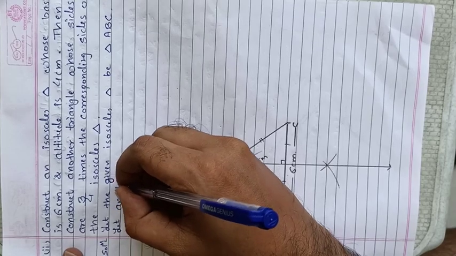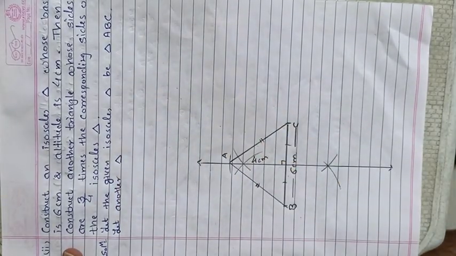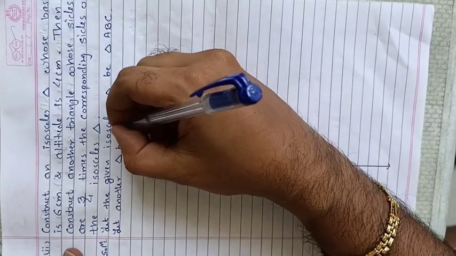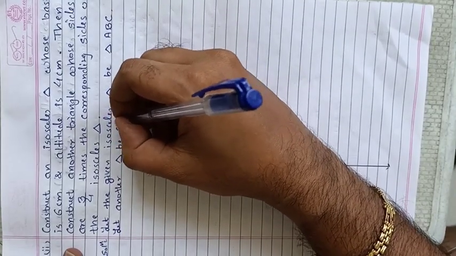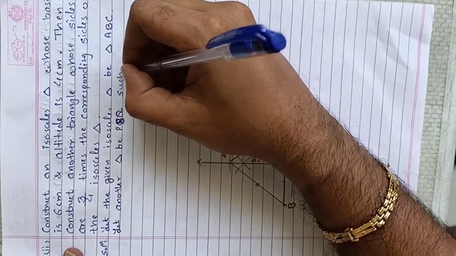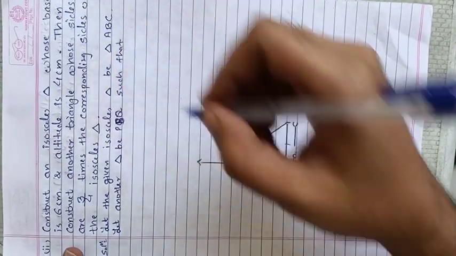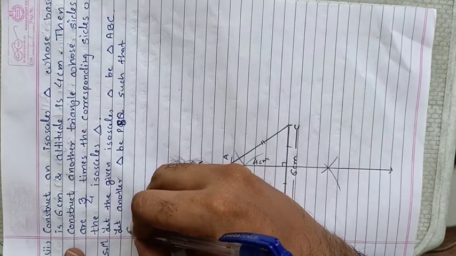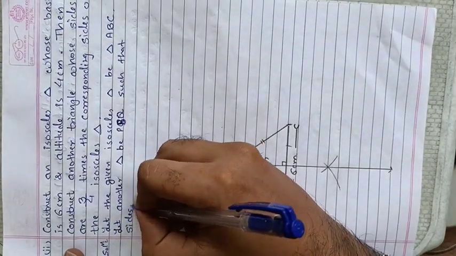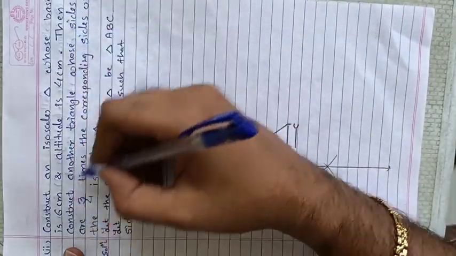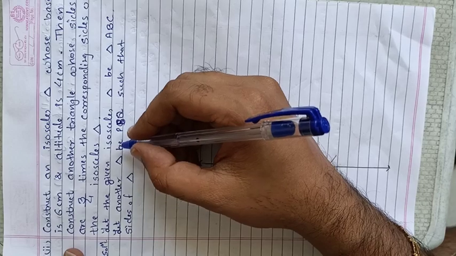Now I'm taking again B point as common, another triangle PBQ, such that the sides of the triangle PBQ are